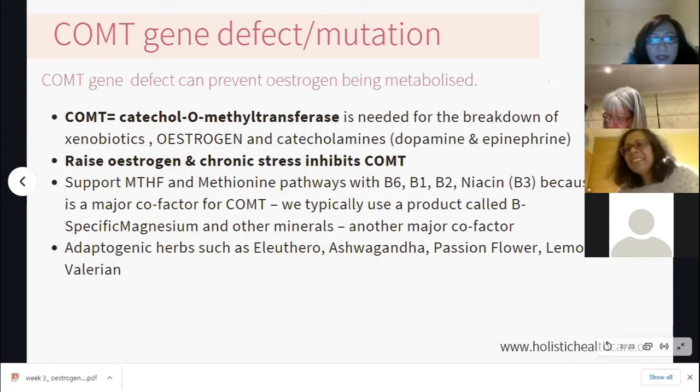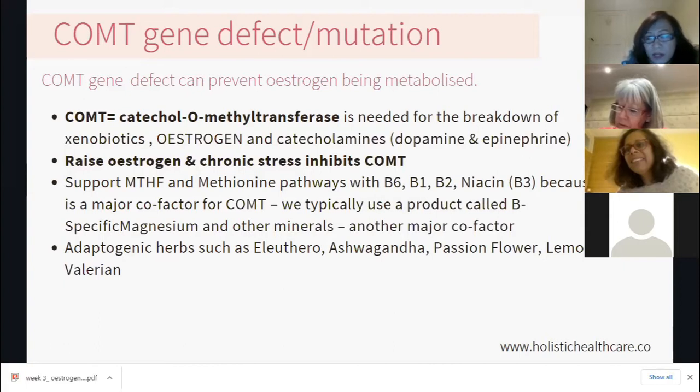Okay, so when we look at genetic defects, this is a big area. If you've got a methylation defect, and I covered methylation already in one of my free trainings, but we will go through that in a separate lecture on genetics. If your body can't methylate, and this is very, very important for dealing with kids with autism, with any kind of spectrum-related disorder, with anxiety, with depression, with miscarriages and fertility, because if your body can't methylate properly, a lot of these processes aren't going to happen, and you have a buildup of toxins, a buildup of neurotransmitters, and that's the root cause of many of these issues that we see.